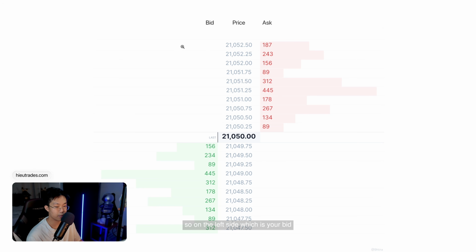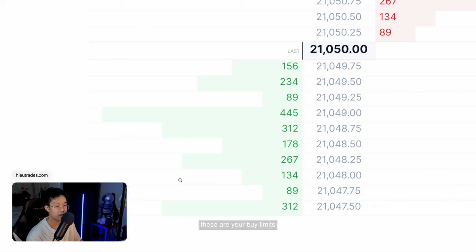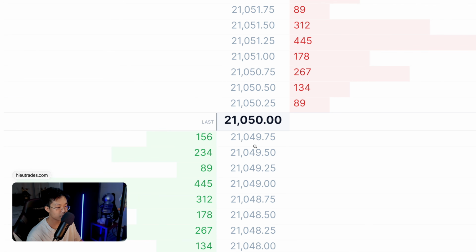So on the left side, which is your bid, these are your buy limits. Buyers who have placed limit orders here said, I want to buy NQ or whatever asset you're trading, but only at this specific price. They are not buying now, they are waiting. So the top of the bid, or the price closest to the last traded price, this is called the best bid. Right here at 21049.75, there are 156 contracts sitting here. 156 contracts worth of buyers who said, I will buy, but not at more than